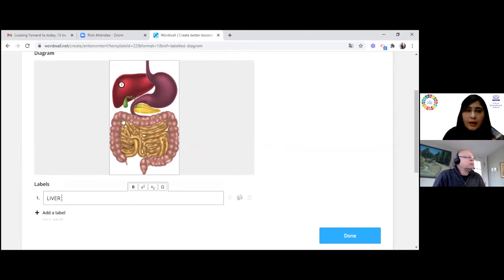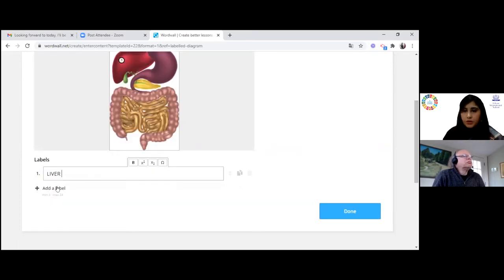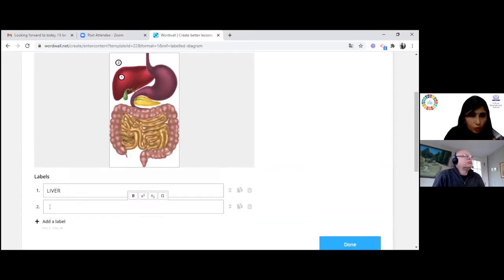The liver, the first option, should be in the right position. You have to keep the first number, the circle, and then you can add one more. For example, I'm adding stomach. Now you can see there is a circle with number 2. Number 2 is stomach, and I want them to pin it here.